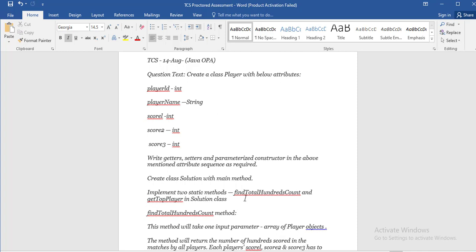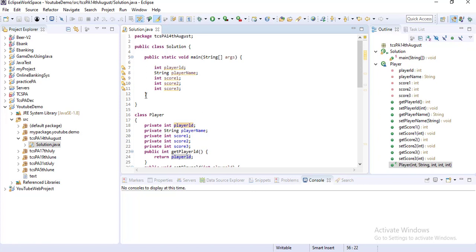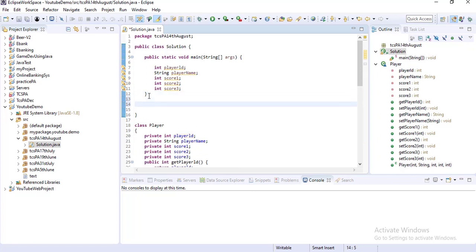First you have to define these two methods, and these are static methods. So inside the class Solution, just write public static, and what would be the return type I don't know, I have to check.